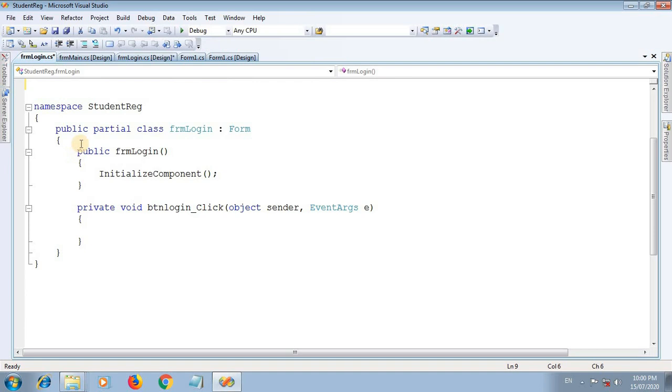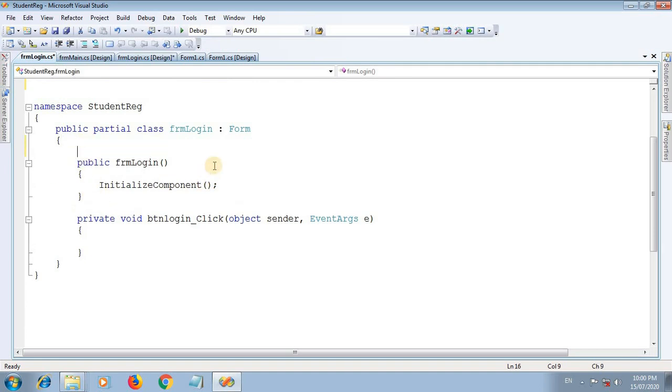Second thing, you need to create or establish a connection with the database. So how can we establish a connection to the database? For establishing a connection, we need a connection string. Watch carefully.